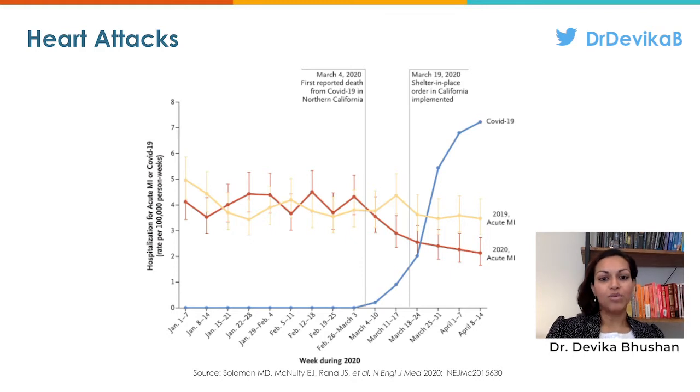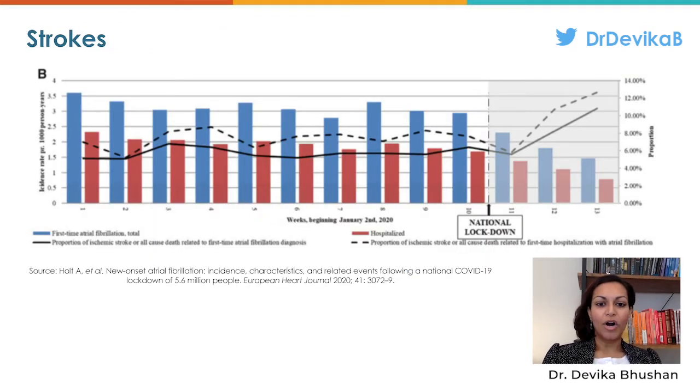Similarly, we know that acute stroke presentations have decreased overall in the pandemic also, down 30% according to one report from Ohio. Similar to heart attacks, what we're seeing is that early risk factors for stroke are being missed. Here you can see data from Denmark that shows that after the pandemic began, in March and April, there was about a 50% decrease in the cases of atrial fibrillation that were being detected, that are shown in the blue